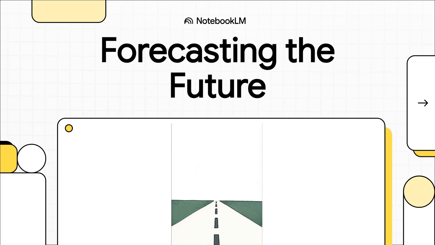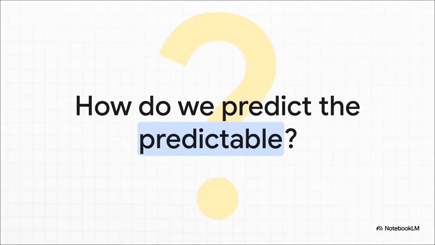All right, welcome. Today, let's dive into something super interesting, forecasting. We're going to pull back the curtain on how experts predict all sorts of patterns that repeat themselves, like a company's quarterly sales or the demand for ice cream every summer. It's all about finding that hidden rhythm in the data. So, yeah, how do you predict something that's, well, predictable? It's kind of funny when you think about it.